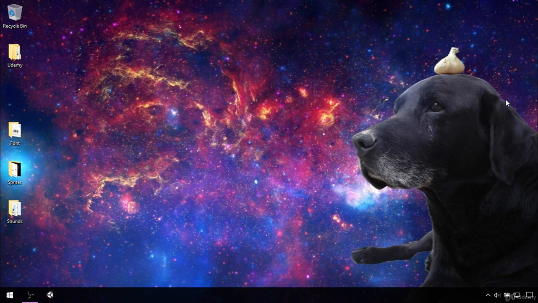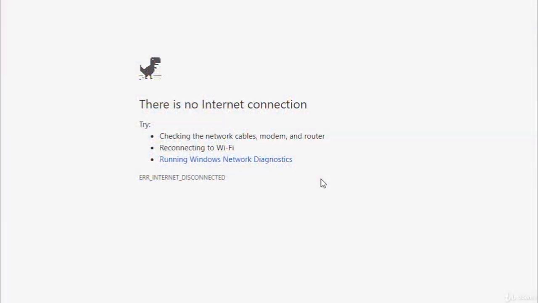Welcome back, students! In the next few lessons, you will learn how to make a replica of the Dino T-Rex game for Android. For those of you who don't know which game this is, it is the game that you see when you open the Chrome browser on your computer without having any internet connection. So you press space to start, Dino starts running, and you have to jump over the obstacles like cactuses and